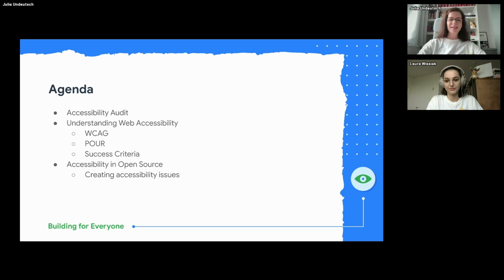and make learning about it a little bit more enjoyable and fun. And finally, I will talk a bit about open source, which is not just for developers, but for every developer team member, and can help you get better at accessibility and learn skills if you don't have the chance to do so in your current job.